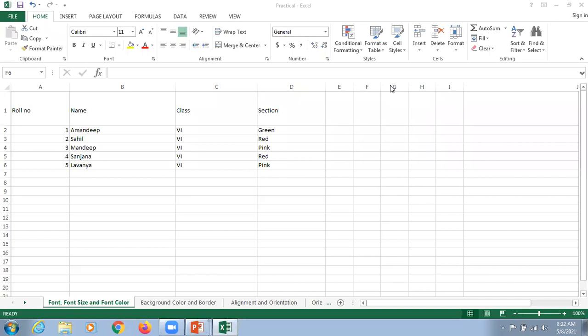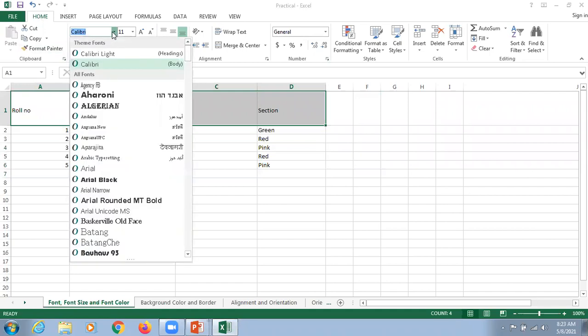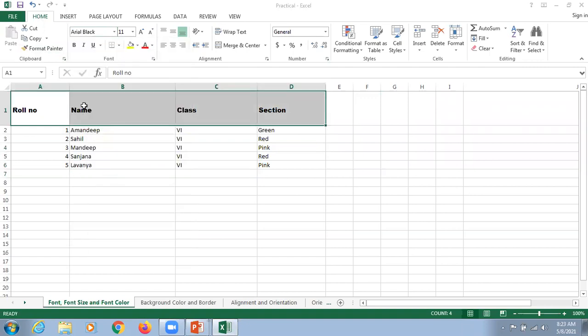So we are going to make this attractive, dear students. We are supposed to perform three different things: first is the font, second is the font size, and then the font color. First of all, I'm going to select the first row. As I mentioned earlier, in the Home tab, the Font group is there. We click on the font styles and can select any of them. I'm not going to select anything very fancy, but you can, no issues with that. I'll select one which looks appropriate for this practical.